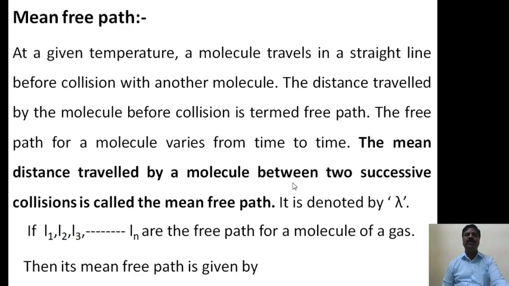Because it varies from time to time, we have to take the average free path. The average, or mean, distance traveled by the molecule between two successive collisions is called the mean free path. It is represented by lambda. If L1, L2, L3, up to Ln are the free paths for a molecule of a gas, then its mean free path is given by